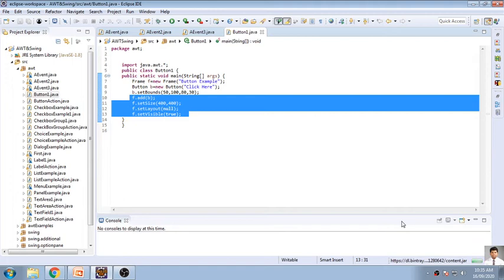One second, it is getting compiled. Are you clear with this one now?